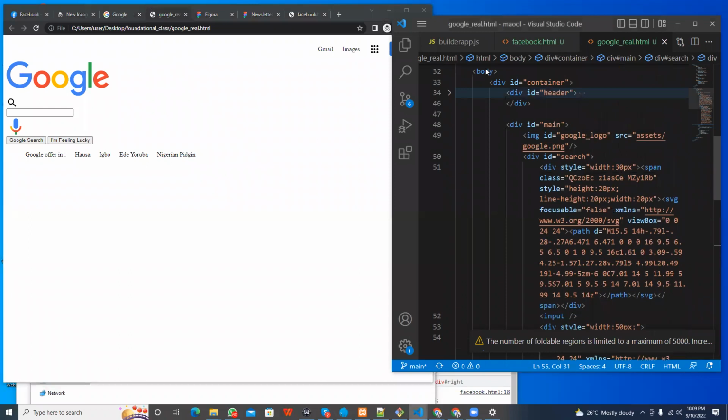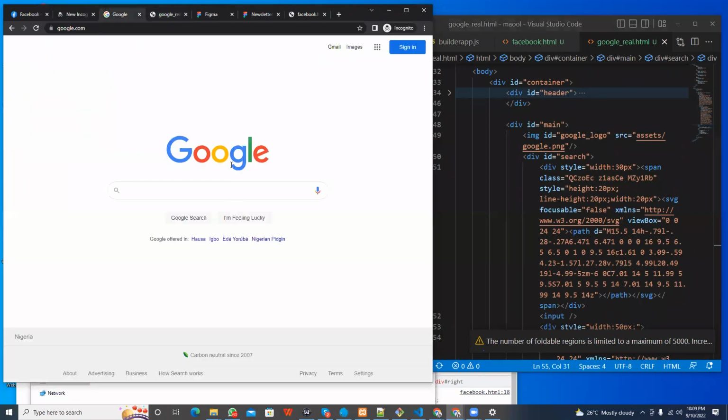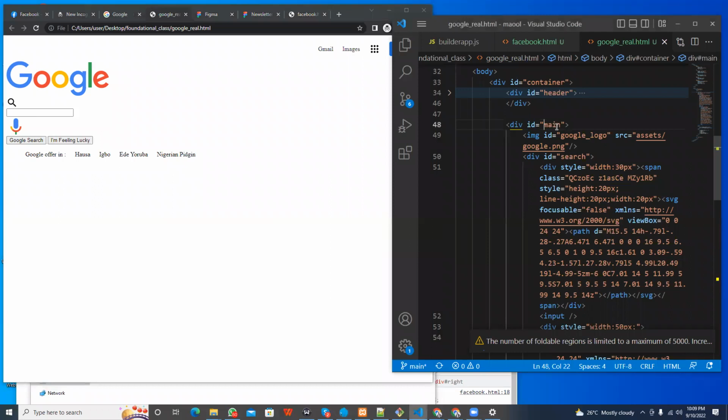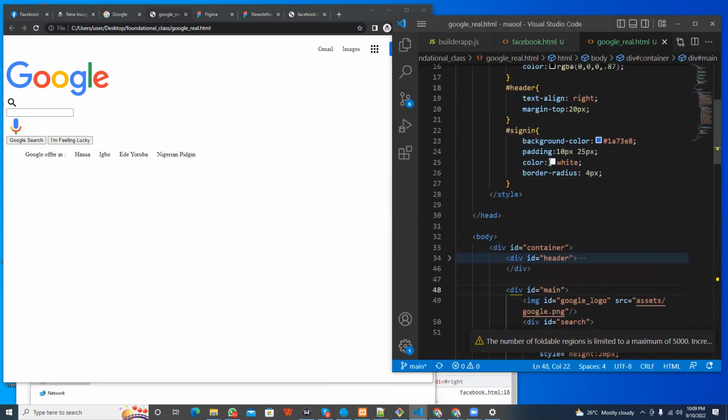So the first thing we want to do is to first centralize all of them. And like I said, how do you do that? Give the container that is housing them a width. Anytime you want to centralize a box, give that box a width, then give it margin 0 auto to jump to the center. So what is the box that is housing every one of this? Is this main? So I'm going to give this main a width, and I'm going to give it margin 0 auto,